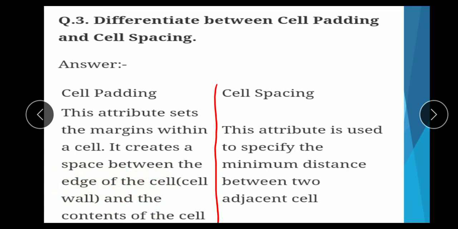But cell spacing: this attribute is used to specify the minimum distance between two adjacent cells. These are the differences between cell padding and cell spacing.